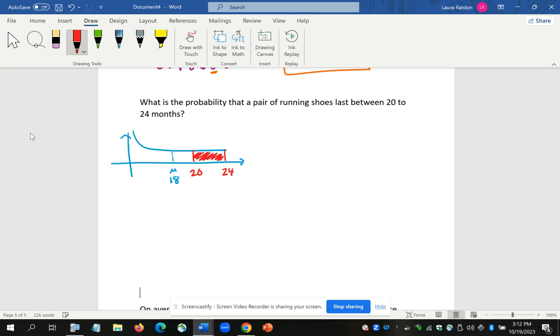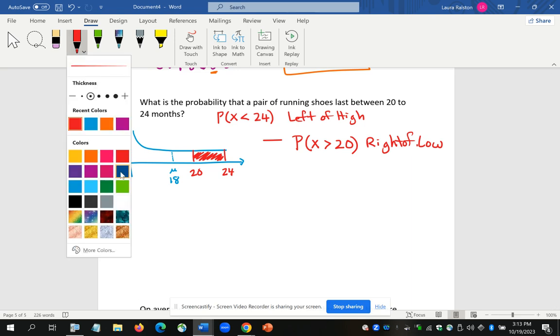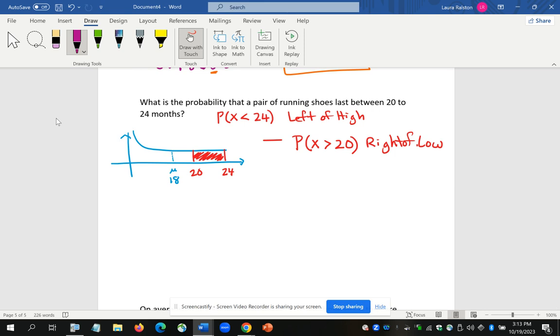So again, special case, we have to do the probability that x is less than 24, that's left of the high, minus the probability that x is greater than 20, which is right of low. So I have to do two calculations. Okay, so if I'm doing left of 24,